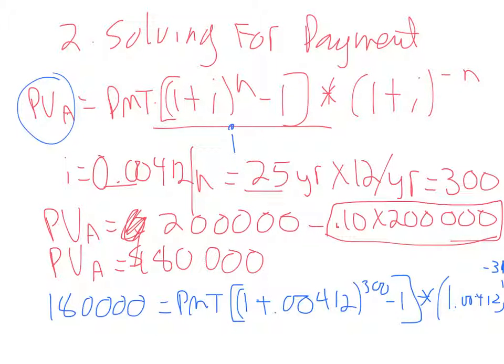And, oh, by the way, that negative 300, which I'm going to highlight here, this formula right here represents the future value of the annuity. So we calculate the future value of all those payments to the end of that 25 years. And then we use this calculation. See, it's a minus n. This minus n moves it back the 25 years. So I calculate the future amount and then move it backwards to today to make it present value. And then I have to divide all of that by